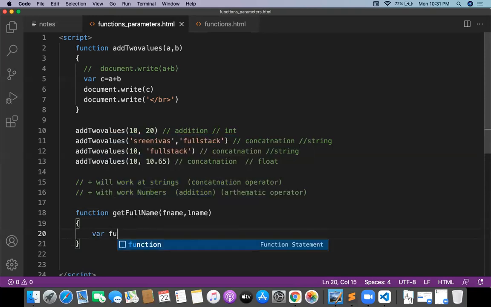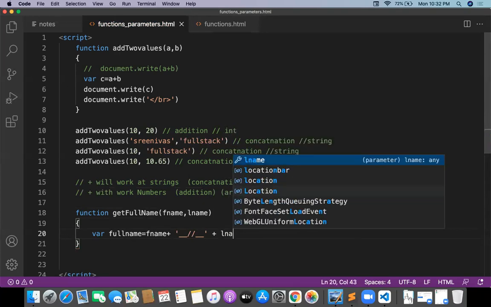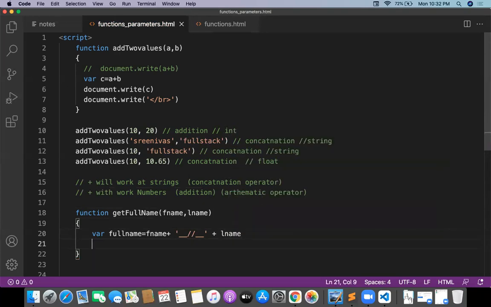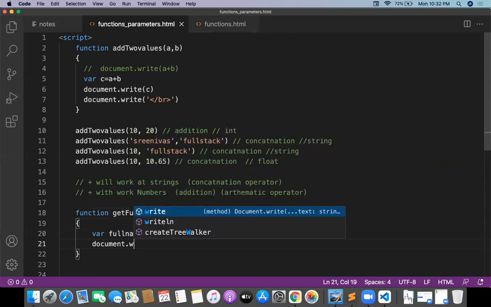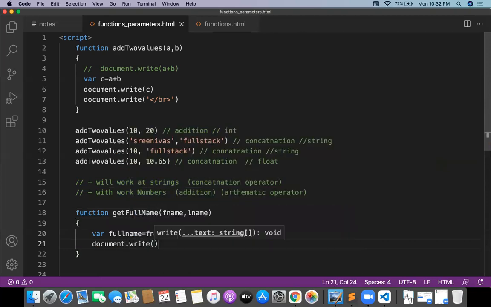Where fullname is equal to fname plus, and I just want to give something like a space, and this time it is going to be lname, and document dot write fullname.